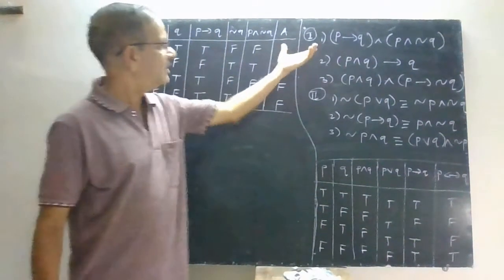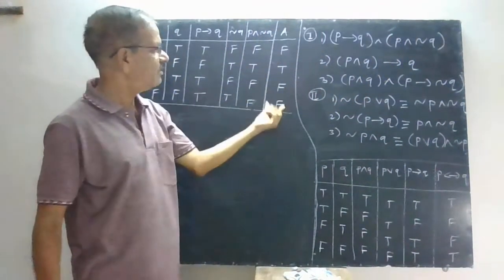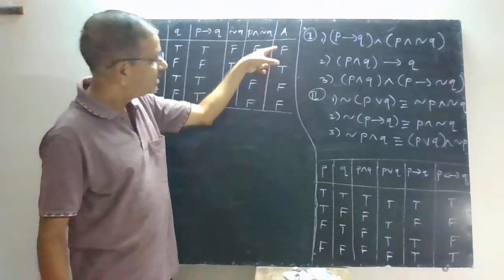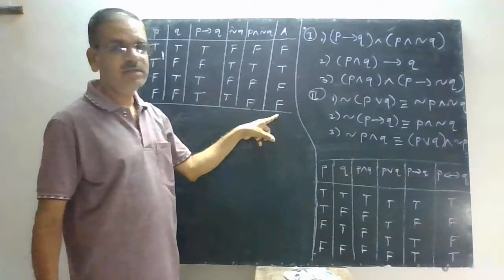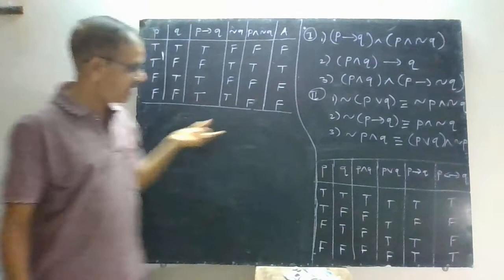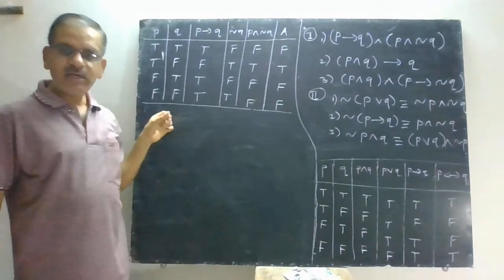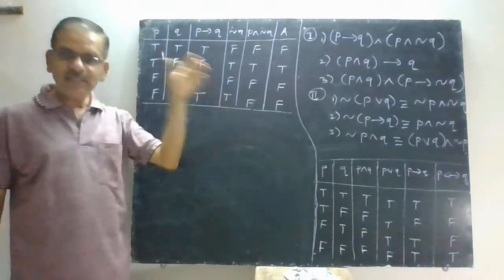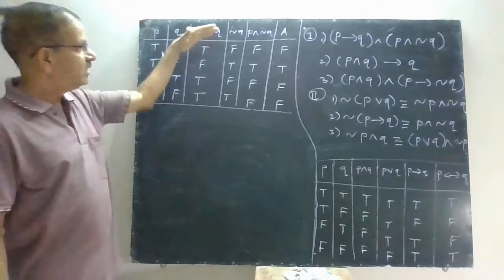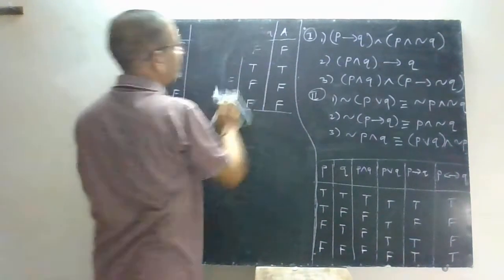And as there is no space, suppose we consider this as A, so these are the values of A. Now we can observe the first value is false, then second true, and then false. That means these are mixed values, so you have to write a statement here. As the values in the last column are T and F, this is neither a tautology nor a contradiction, that is contingency. So in this way you can prove whether it is tautology or contradiction or contingency.